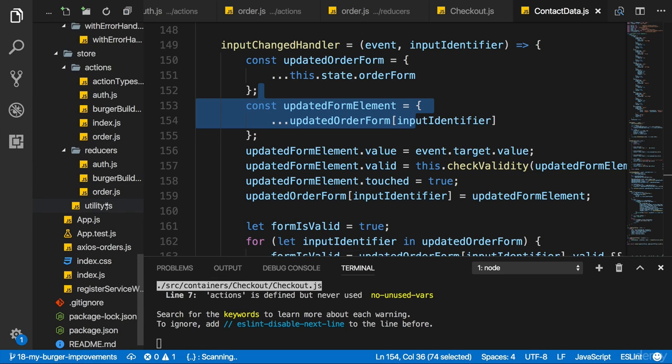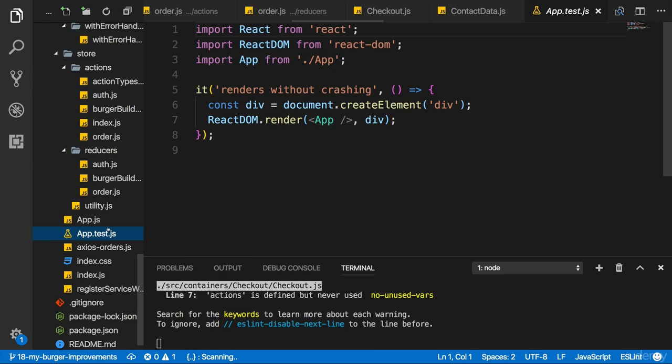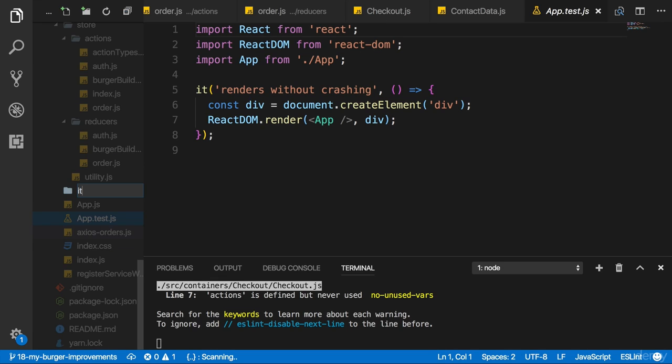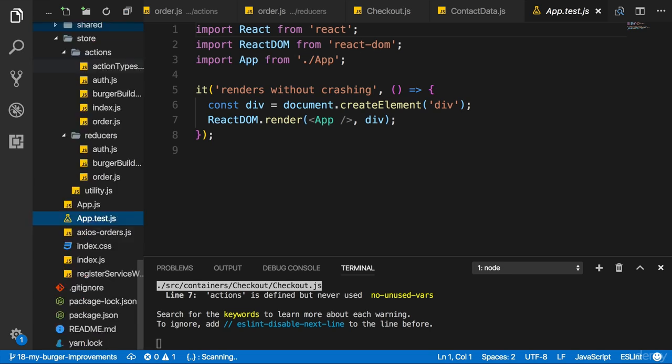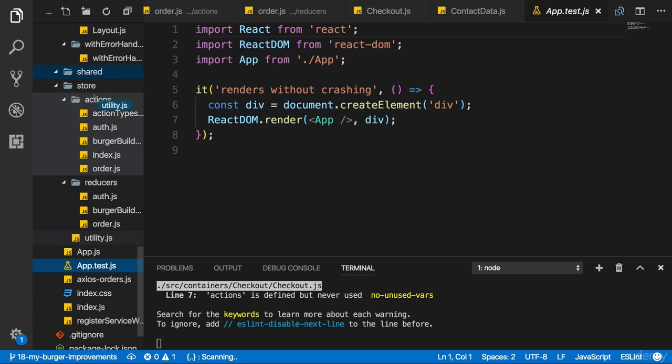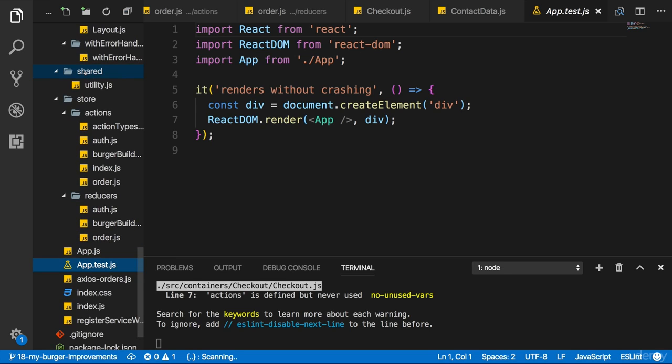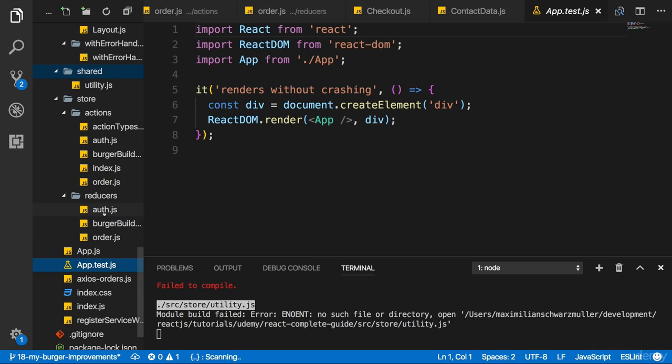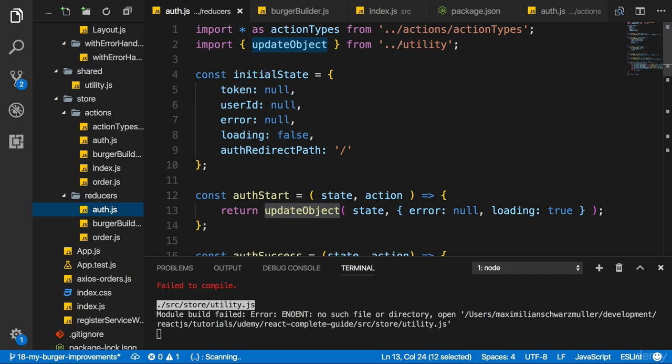Right now it's placed in the store folder. I'll now create a new subfolder directly in the source folder, which I'll name shared. And in there, I'll move my utility file into that folder. That of course means that the imports in my reducers need to be adjusted.